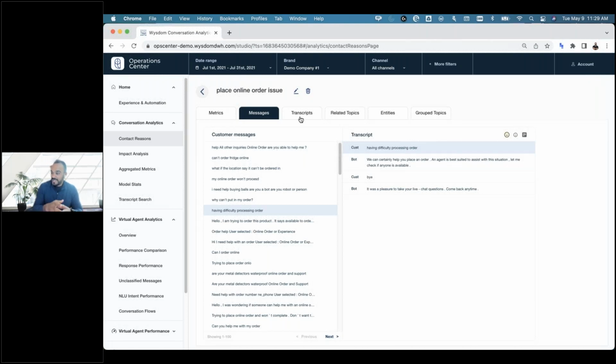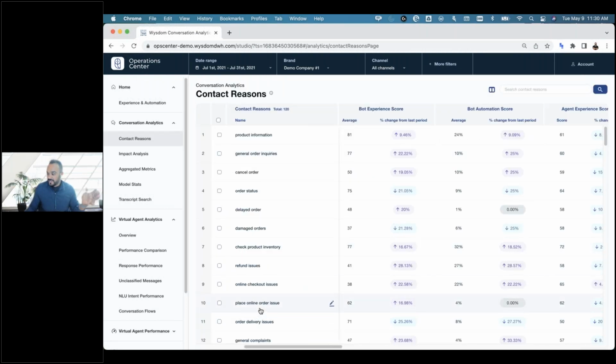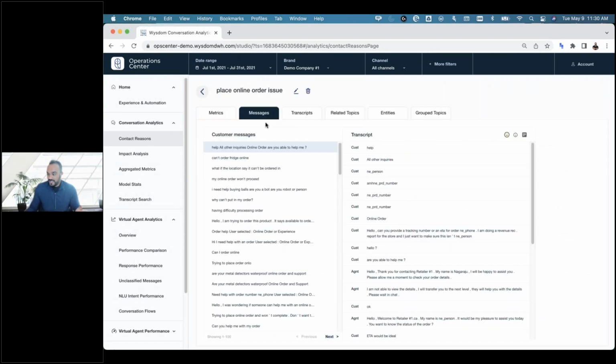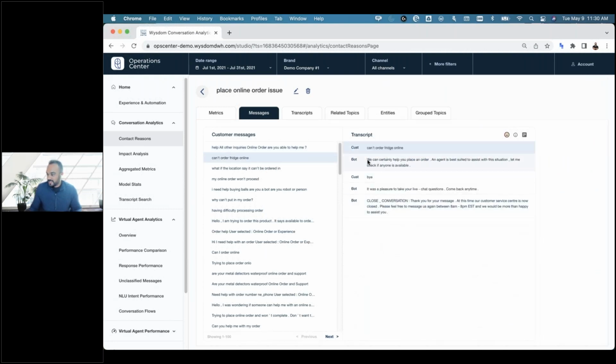I kind of showed you 2-in-1 again, but getting to that topic level, I'll back out to show you how I got here. Finding the topics with underperforming metrics, either on experience or automation, clicking through, figuring out what's going on. And in here, we were able to determine why the automation was so low: it's mishandling them. Too many are getting automatically routed because what the bot is saying is, I can help you place an online order. But what it should say, like it does sometimes, is, hey, I can help you. Let's try some troubleshooting. Let's do X, Y, Z. Whatever the right steps are to help resolve this. And that would be your new handling.